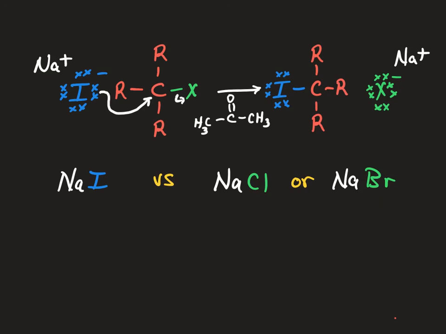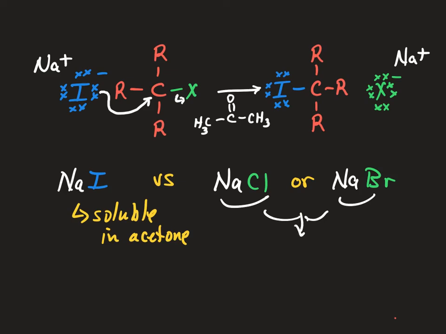And so what happens is that sodium iodide is soluble in acetone, right? Acetone can create interactions to pull sodium ions and iodide ions out of that crystal, while sodium chloride and sodium bromide are insoluble in acetone,